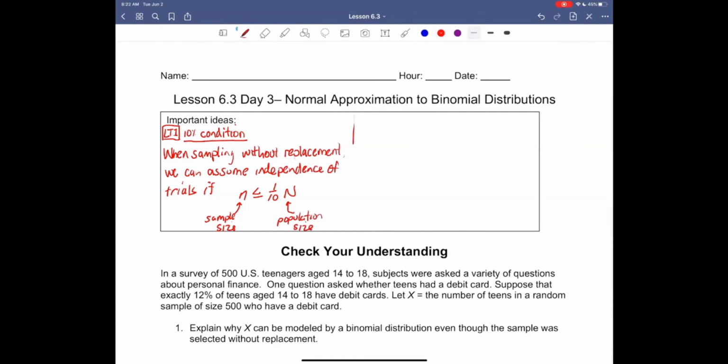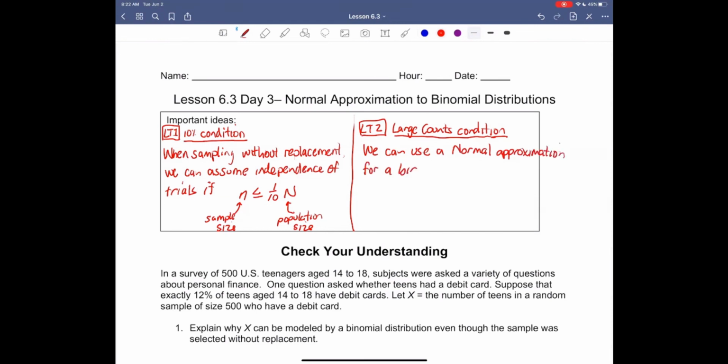Okay, learning target number 2 was about the large counts condition. And we're going to check the large counts condition if we want to use a normal approximation to the binomial distribution. So we'll say we can use a normal approximation for a binomial distribution,